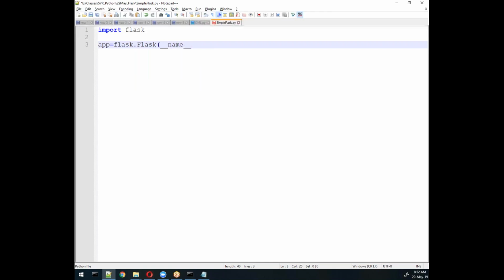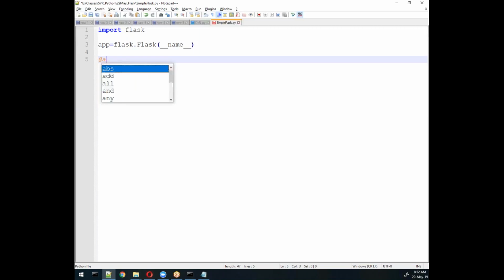This is the name of your application, it will automatically collect this. Here you need to write a decorator. This is called a decorator: app dot route and then in single quotes any name. I'll write Jagadish, suppose. Whatever I write here is very important, remember, I need to use it in future.